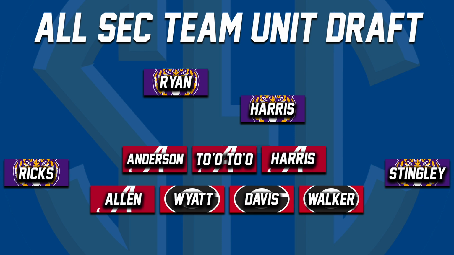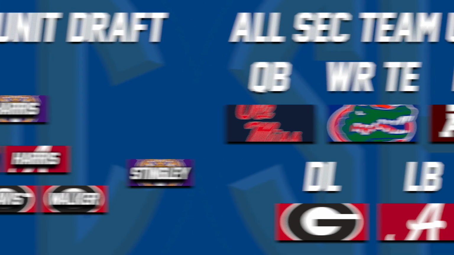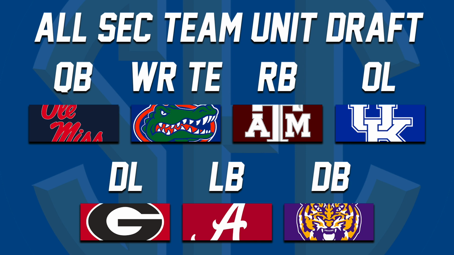So now let's get into what are some things I could have switched around. I think an easy one just off the bat without making a huge change. I think you switch Georgia and Texas A&M. You put Texas A&M's running back room or Georgia's running back room, and then you take Texas A&M's D-line. I think that they're both really good at both positions. I don't think it will make a huge change, but I think Georgia has the better D-line, and I think Texas A&M has the better running back room.